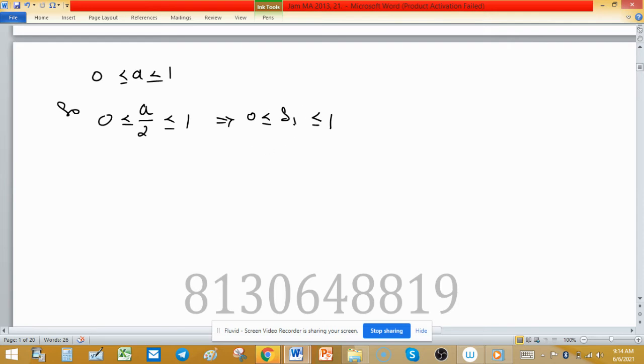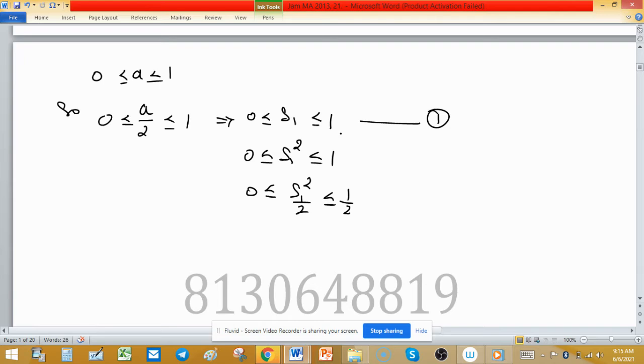Similarly, if we take the square of S1, this inequality means S1 square is less than 1, and then 0 less than S1 square by 2 less than or equal to half,